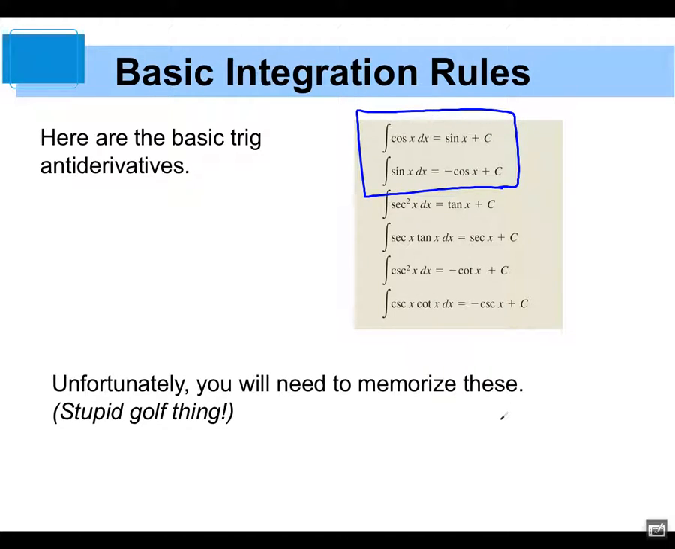I always had trouble remembering, is the antiderivative of cosine sine or negative sine? Is the antiderivative of sine cosine or negative cosine? And so I had somebody show me this. And again, I'm not proud of it, but if it works for you, fine. So here's how I always remember which one gets the negative sign. If I'm taking the antiderivative of sine,